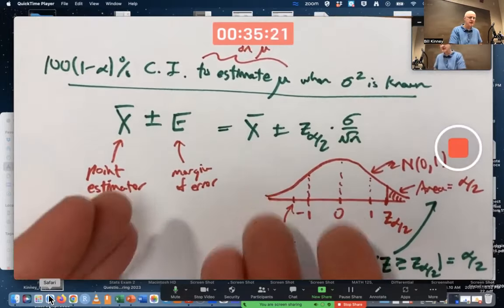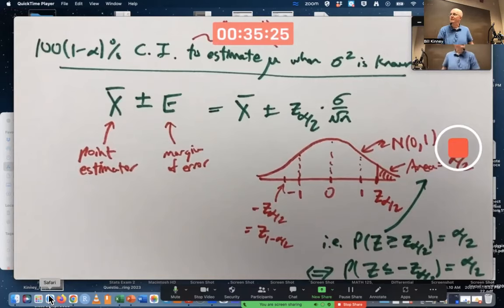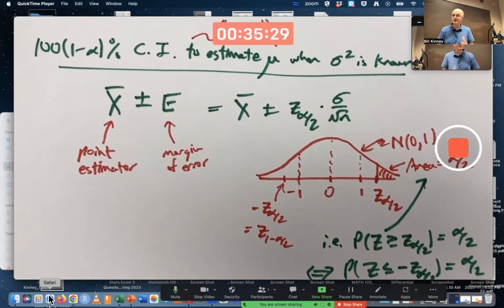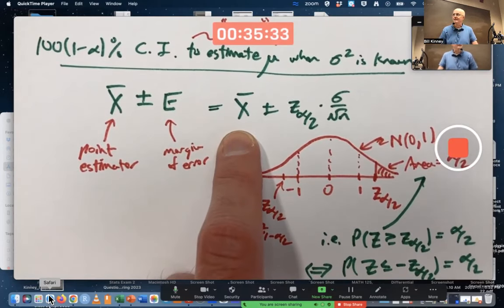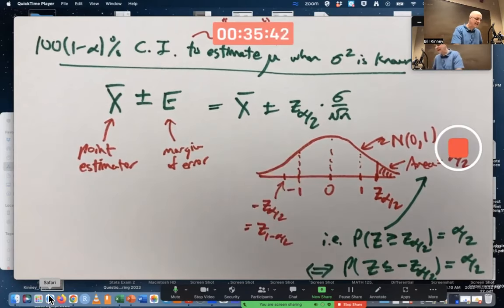Okay, and as far as using the interval, you just use the formula. You got some data, you got data from a random sample, observe values of X bar. You got to calculate little X bar. If you're using 95% confidence, you use 1.96 right there. You have to be given what sigma is.